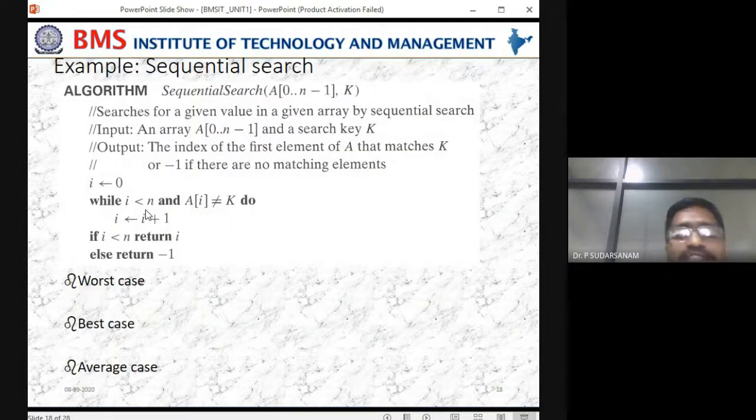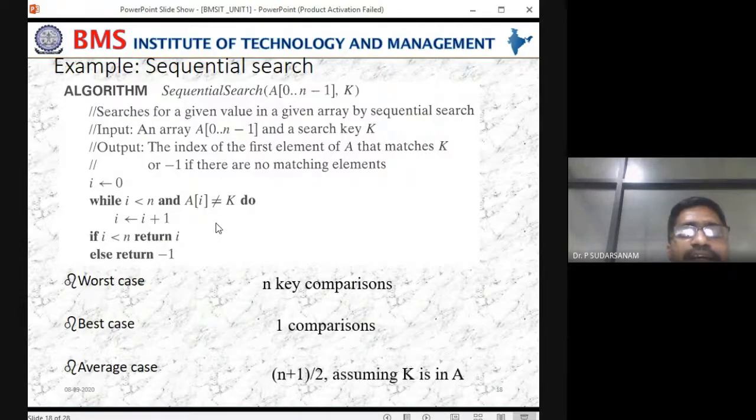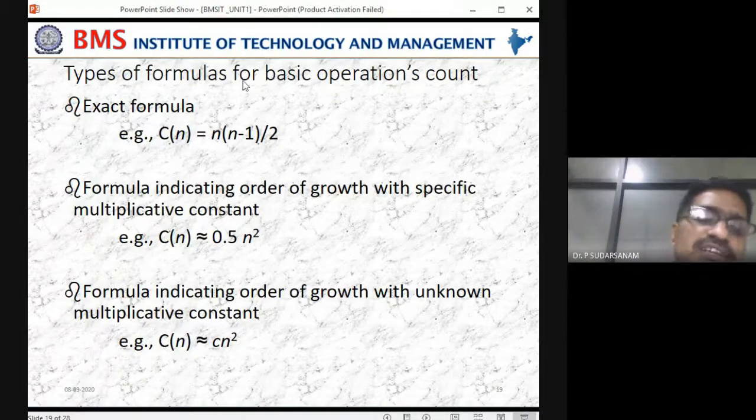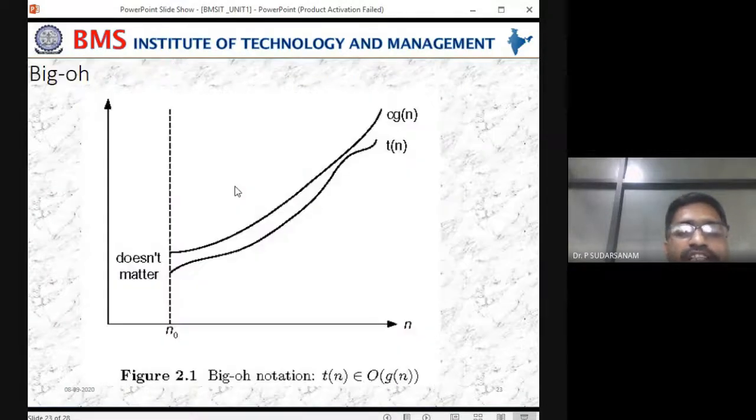So how many times this statement will be executed is nothing but n into n minus 1 times. So how will the key comparisons happen? In that case, you write n into n minus 1, which gives n square divided by 2 minus something. We consider the biggest term for that, which is called n square. I'll tell you in detail. Tomorrow you take pen and paper, and I'll tell you how it will work.